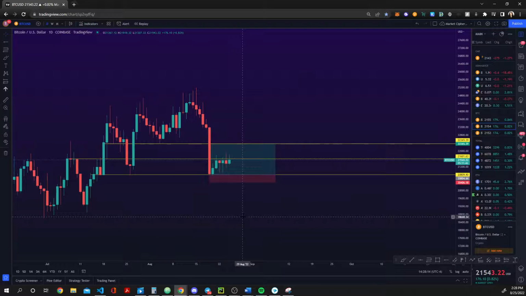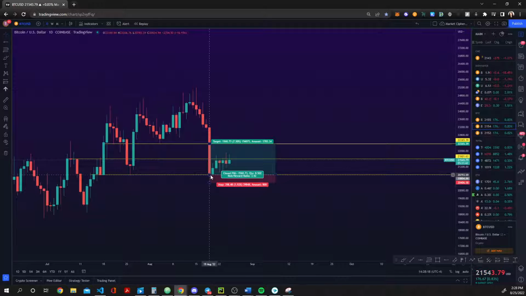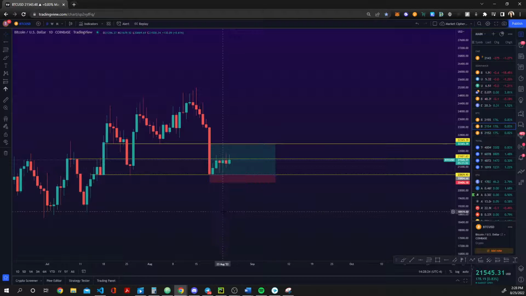So this is what we're talking about. Setting up a plan. I'm entering because X, Y, and Z. The trade setup. This is my entry. This is my stop loss. These are my take profit areas. This is what we're talking about when it comes to a plan, right? You have to be able to plan out every single trade. If you don't have a plan, you're not going to do well, right?